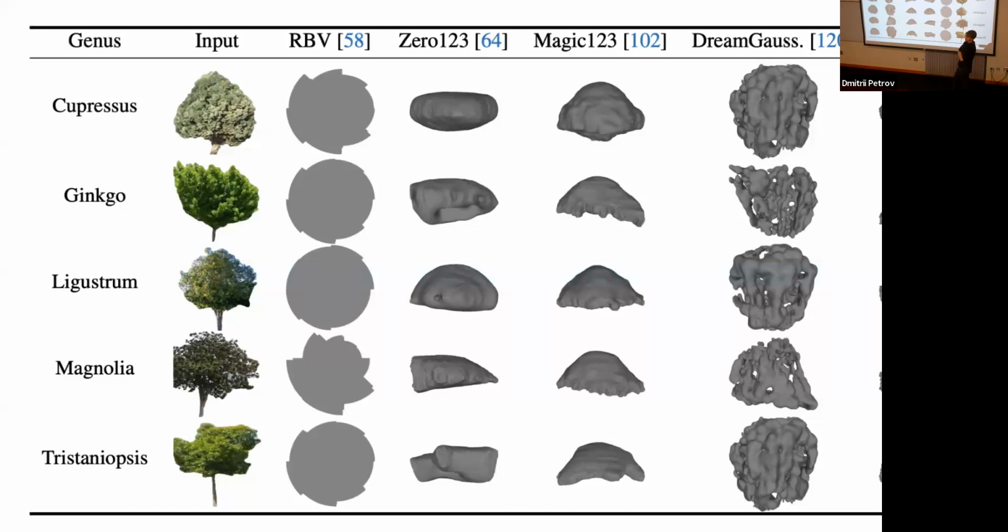Yeah, that's why I said it's not very fair. We're actually really focused on trees. We built priors that are very tree specific. A lot of these are more generic, but